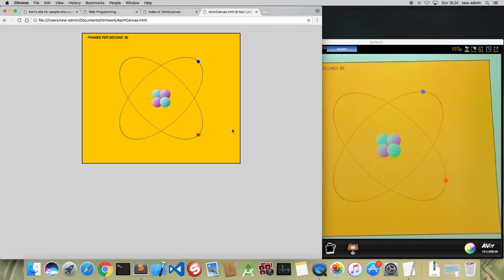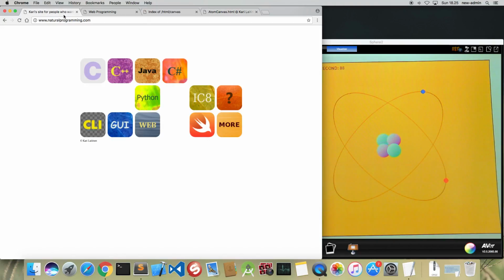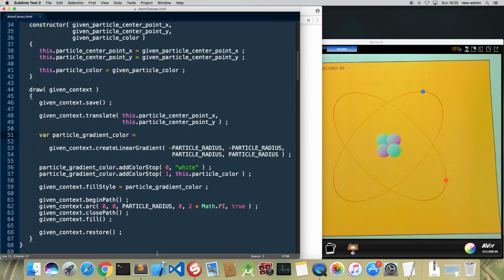And it seems that the light is coming from the northwest here. So this means the gradient color, and it is created with this special method of the context, so that there is this method create linear gradient, and then you add some color stops to the gradient